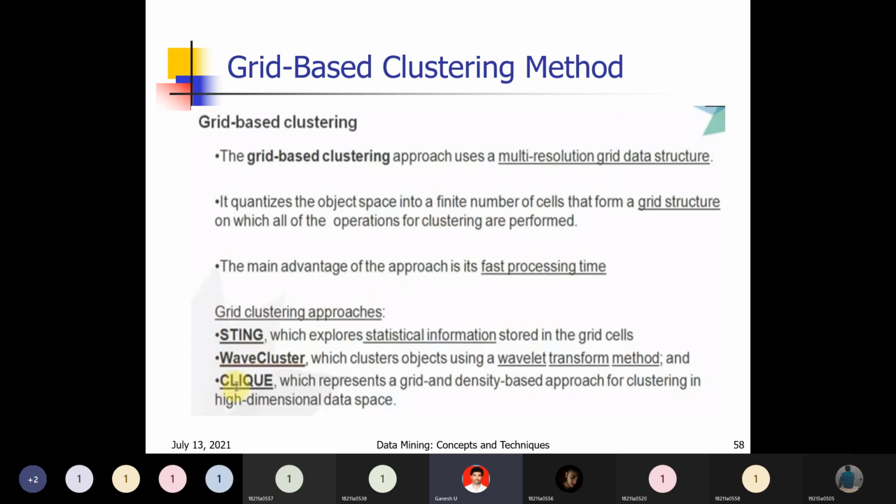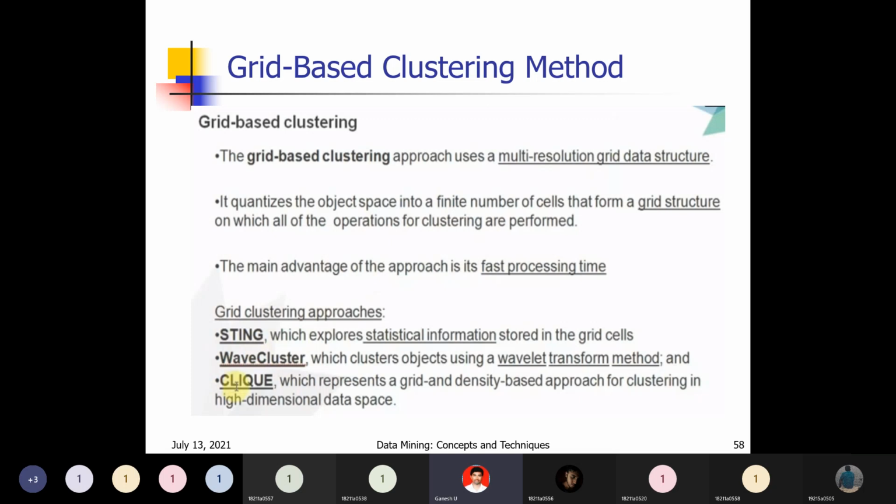Next, WaveCluster clusters objects using the wavelet transform method. The objects can be divided into a number of clusters, and here the clustering can be done using the wavelet transform method. The data can be divided into different parts using wavelets. What is meant by wavelet? A wavelet is nothing but a division of a signal. That may be an audio signal, the speech data, like while I am speaking, the data that is reachable to you through some medium, through the MS Teams app now.